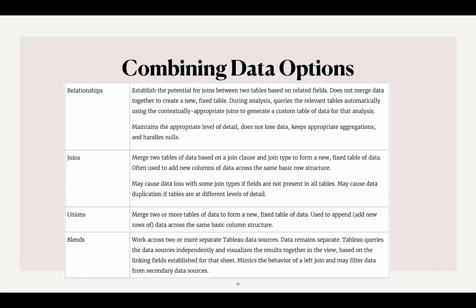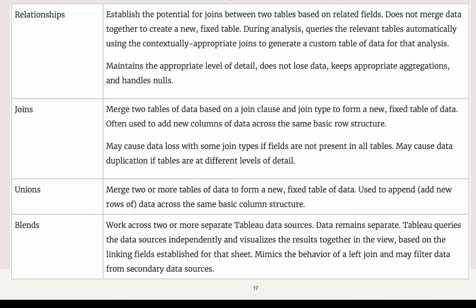When combining data, it's important to understand the different ways of combining data, either through relationships or joins or unions and blends. And we're going to talk about the top three in a little bit more detail. We're not going to spend much time on blends, but some of the key distinguishing characteristics are that when you create a relationship, it does not merge the data to create a new fixed table. It maintains the appropriate level of detail within each of the source data,